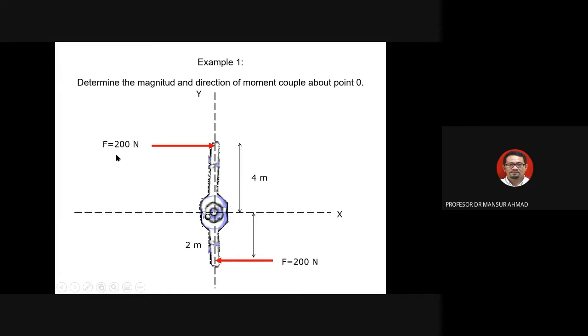Now, yeah. So 200 Newton and then 200 Newton. Kalau kat sini 200 Newton, sini 100 Newton, this is not considered as moment couple. Kalau sini tak sama, let's say this is 200 Newton and over here is 100 Newton, then this is not a moment couple. Moment couples are saying that the magnitude is the same. 200 Newton here and then 200 Newton here. The distance, that's okay. Yeah.